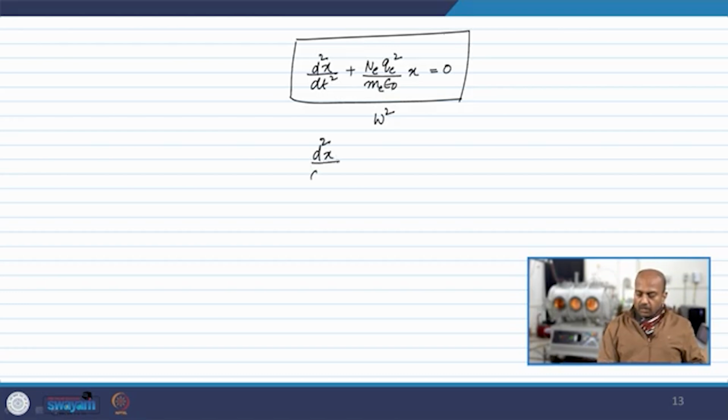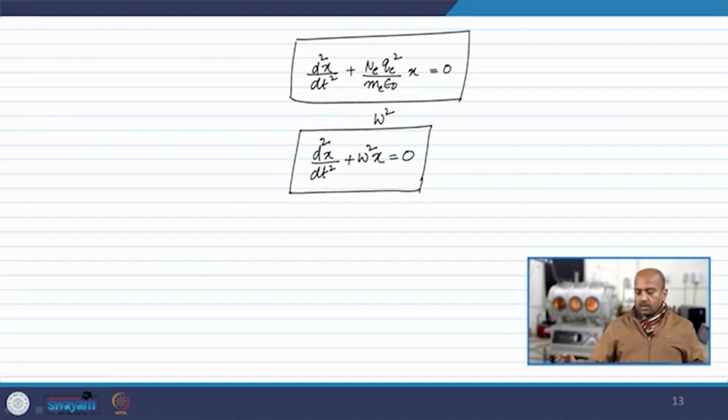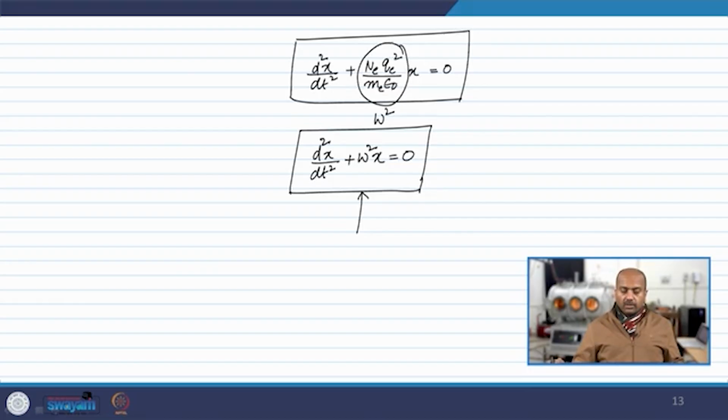So, always remember this expression, d square x by dt square plus omega square x is equal to 0. This equation represents simple harmonic motion with a characteristic frequency omega. Or what I am trying to say is, whatever appears multiplying x is in the dimensions of omega square,